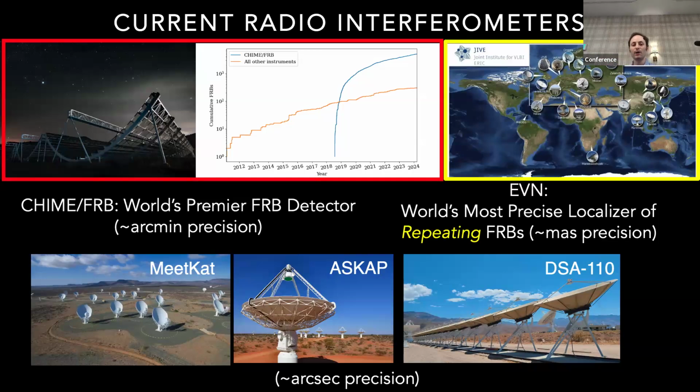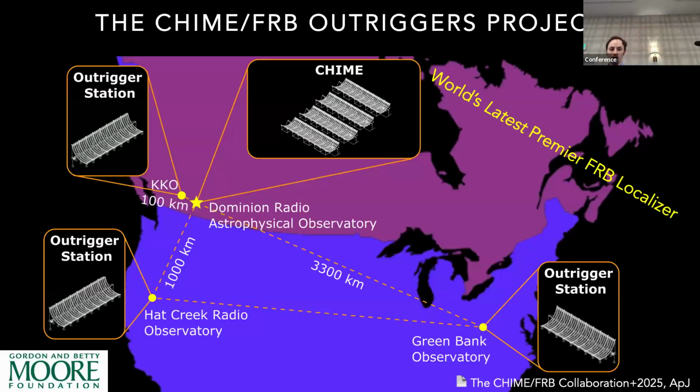And then we also have other experiments like MeerKAT, ASKAP, and DSA-110, which are operating in a similar vein as a radio interferometer and leveraging those technologies. And we're now entering a new era where we can also build these long baseline outrigger stations coupled with CHIME as our world-leading FRB detector and use new types of VLBI technologies called synoptic transient VLBI techniques to not only detect large numbers of FRBs, but localize them to subarcsecond precision to their host galaxies.